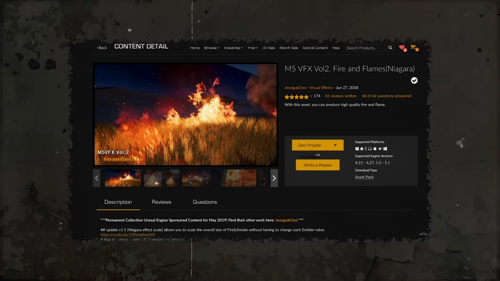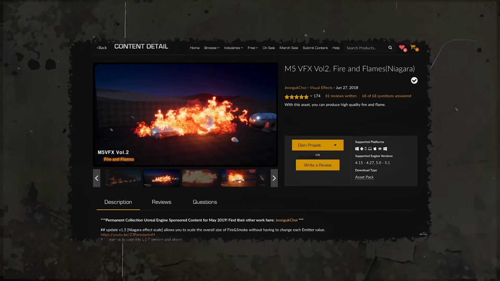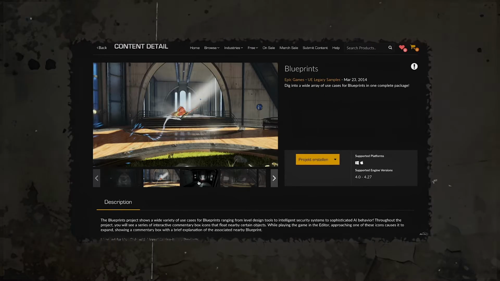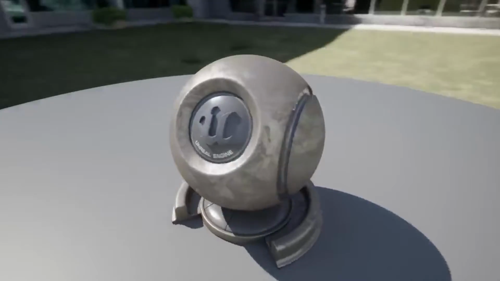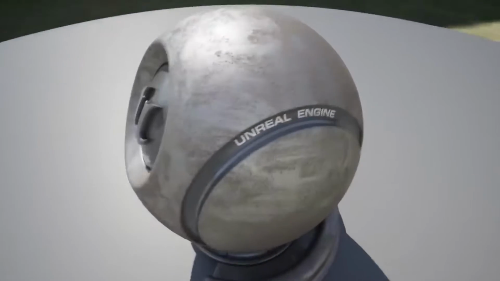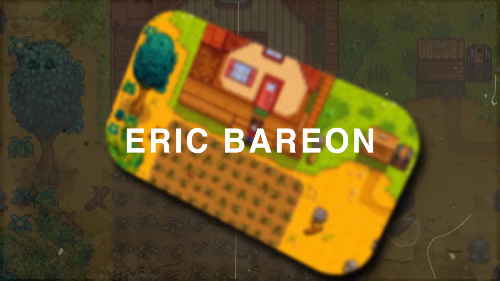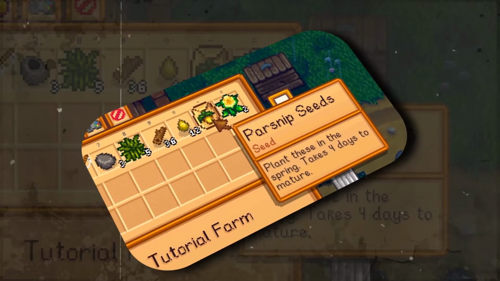For a lot of people, using pre-made assets can actually feel like cheating. Although making everything in your game can be very satisfying, before you go off and do this, you need to understand the resources that you have as a developer, because if you have a lot of spare time and no deadlines, you can actually consider making everything in your game by yourself. For example, the creator of Stardew Valley, Eric Barone, made all the music, art, programming, and sound himself, which is really impressive.